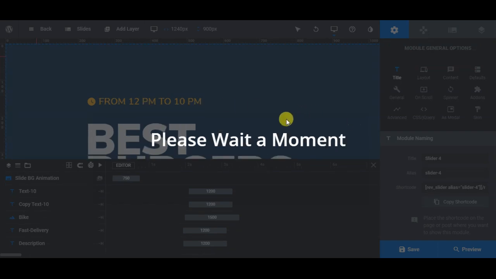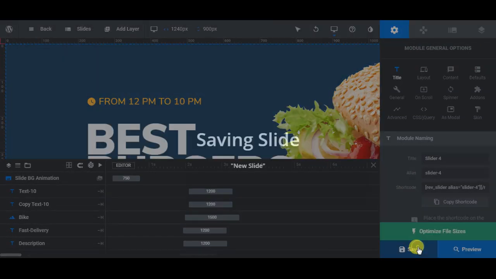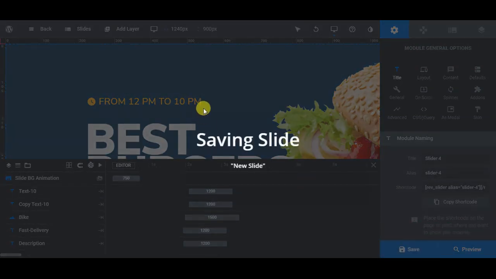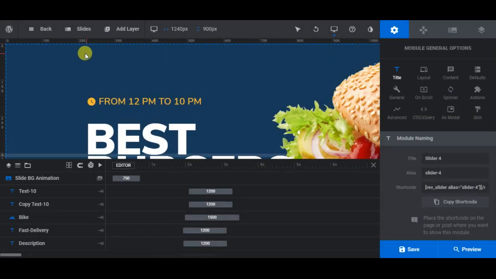I will have to apply the slide to the live page and preview it from there. Now I'm going to show you how you can make the next slides, slide 2 and slide 3. That is so easy. When you have one slide done, the next 2 slides are very easy. You just need to change the text and the image because the rest is all done. So what you do is go to slides, click this one and duplicate,